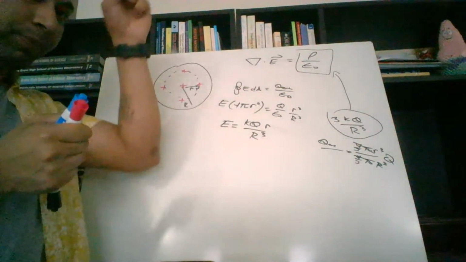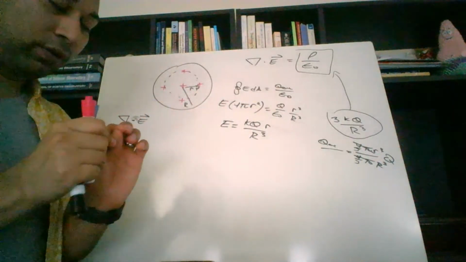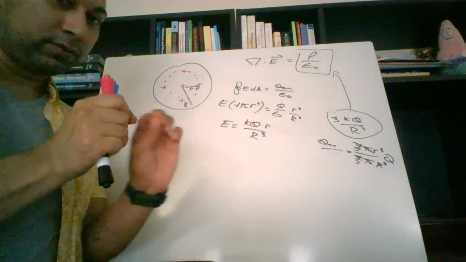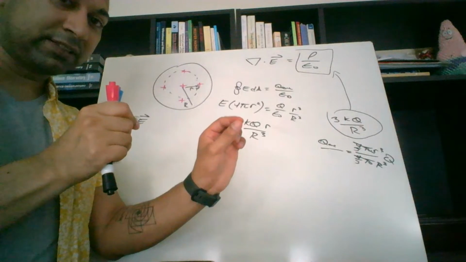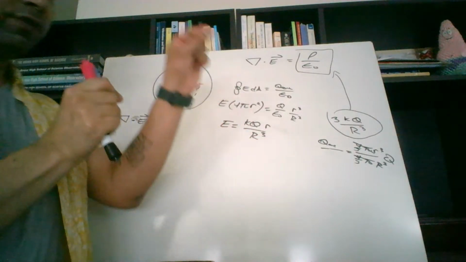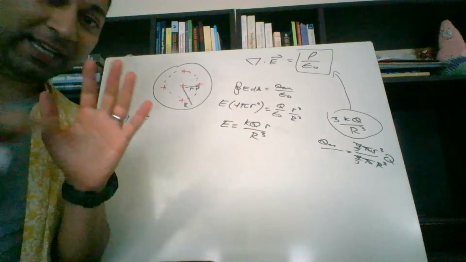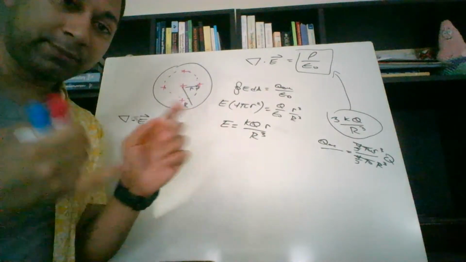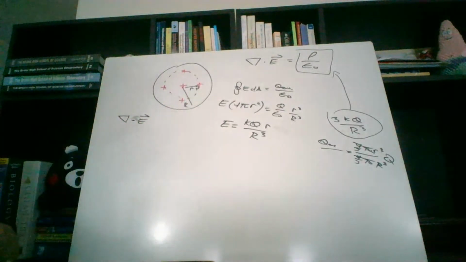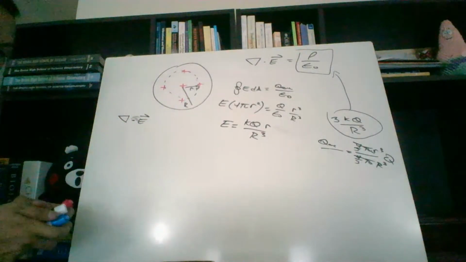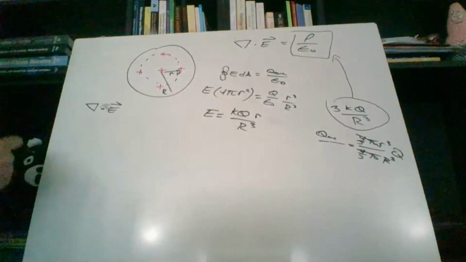It doesn't matter if you go up like this or like that or like this. It only depends on the distance r. So when you're here, the magnitude of the electric field here is the same as if I now move it up an angle like that. So what we can say is that in the spherical coordinate system, theta and phi don't matter. We just have to look at r. And I'll write down what the divergence is in the spherical coordinate system just with respect to r. That's equal to,